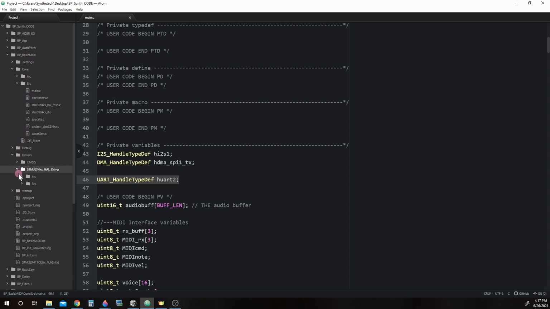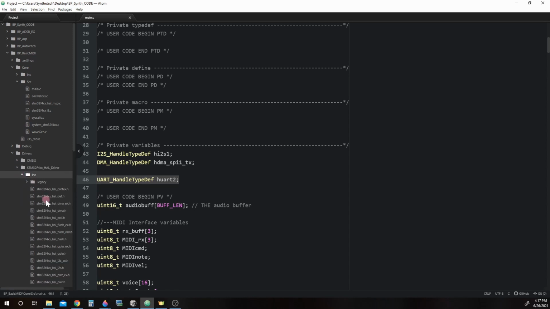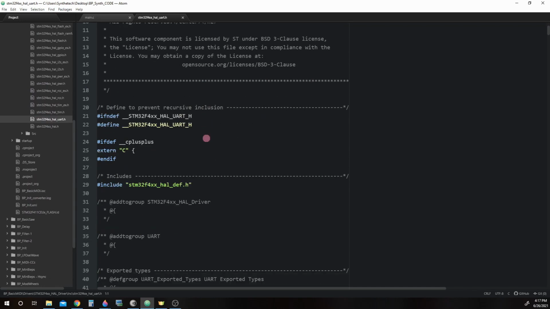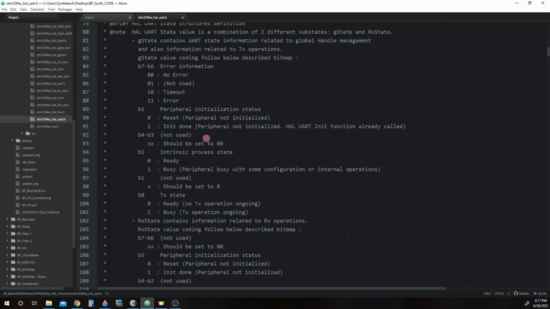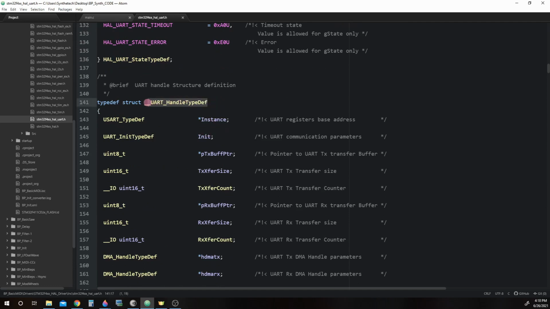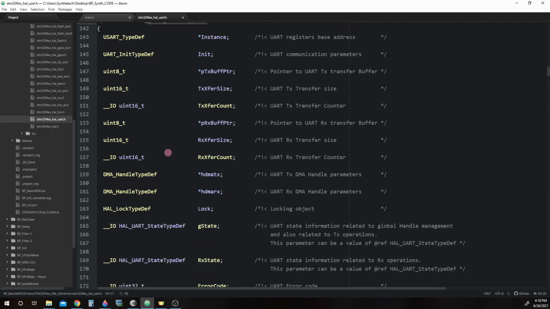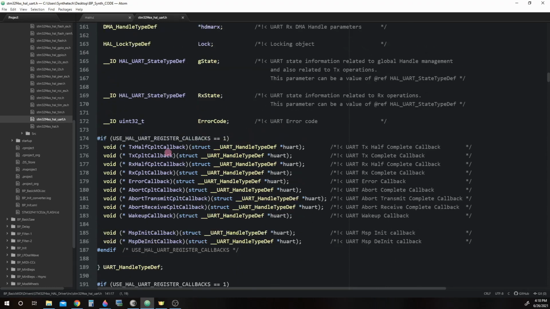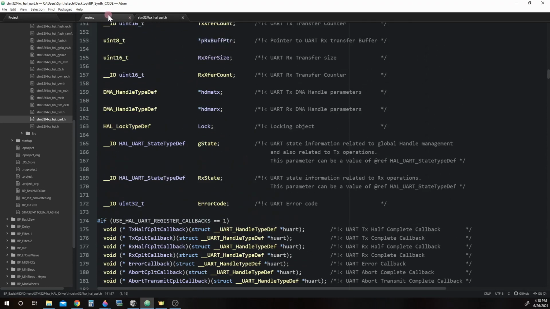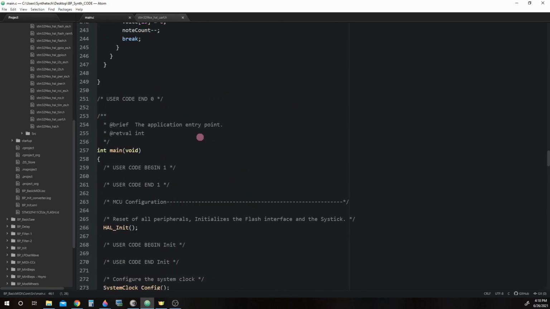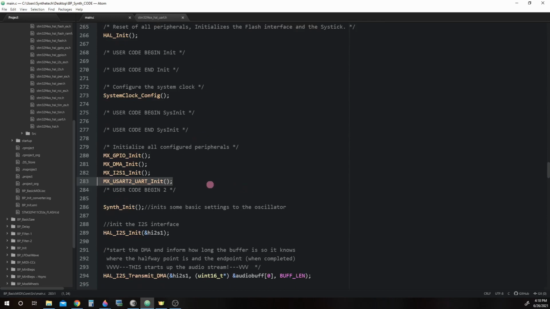HAL driver, include, uart.h. And when you scroll down quite a bit here, you will find the UART handle typedef struct and all the parameters that are included in it. Returning to the main.c file, when we scroll down to the main function, we will find MX_USART2_UART_Init,